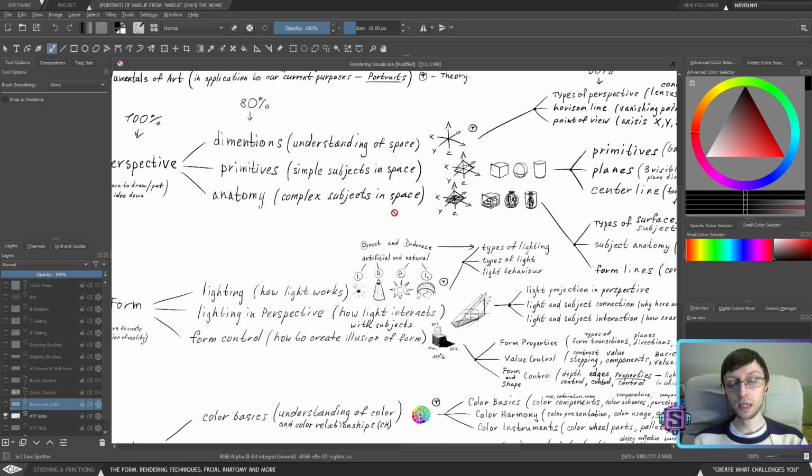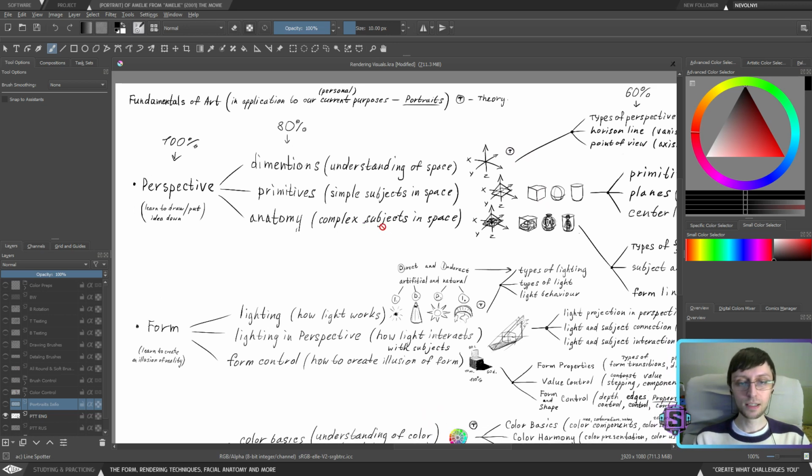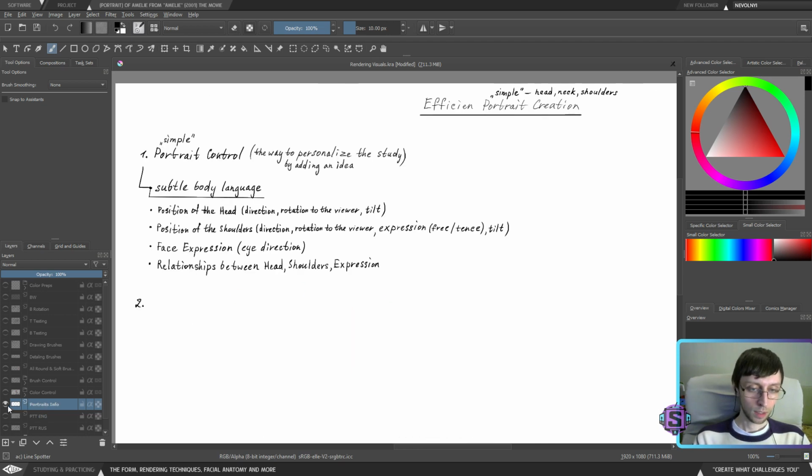If you need to study space, you will probably not focus that much on anatomy, and for you, studying portraits is going to be figuring out the position of the head, like how to control the position of the head in space. So maybe you will study the dimensions and primitives while working with portraits and trying to simplify the head into the basic primitives and so on. It could be the case. So again, depending on your personal needs in terms of what you need to study, this part is going to be completely personal.